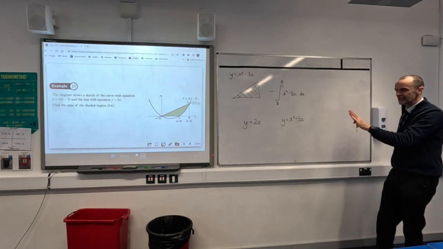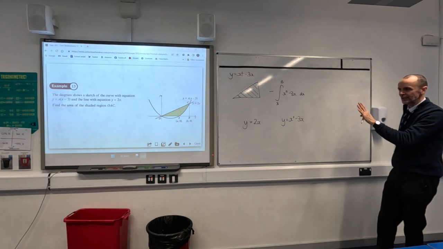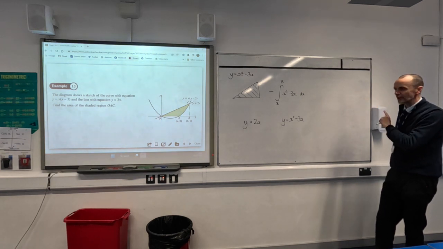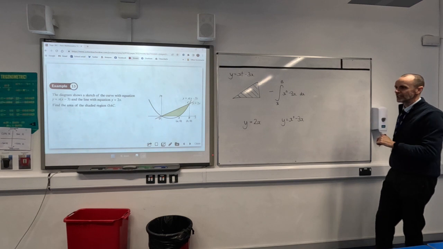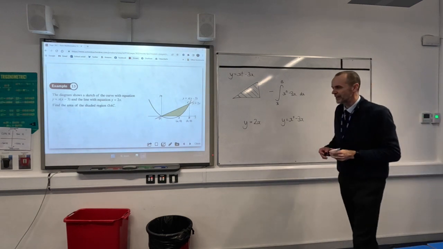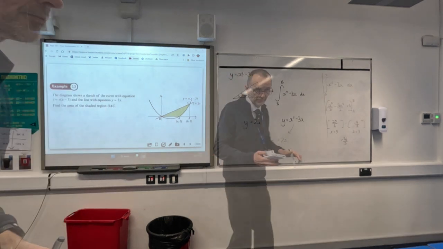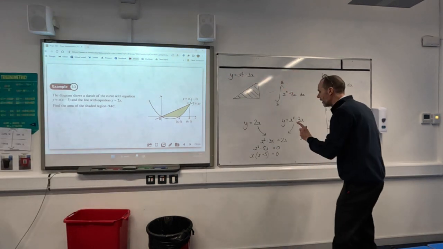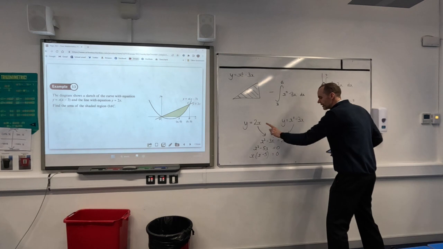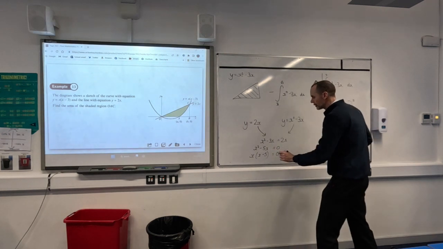Area of the triangle, base times height divided by 2, and then take away the integration area, and that gives you the yellow shaded area. Let's have a look at this. I'm going to pause the video while we have a go. Okay, so I solve the simultaneous equations, and I get that the two lines cross when x is